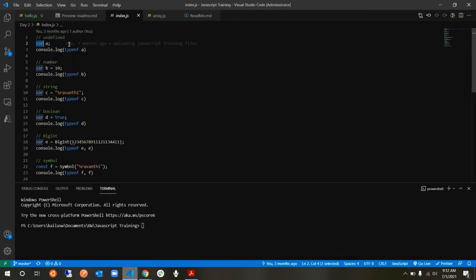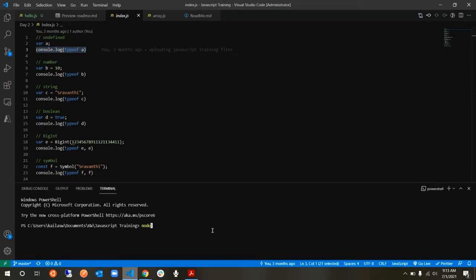If you leave it blank, as in this first case, you will get undefined. Whatever is commented out here is the output that you are expecting. What comes after that is the declaration part, and the third part is where you check whether it actually gives the first line or not.